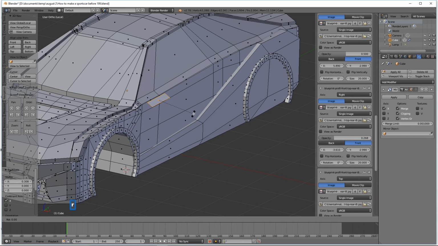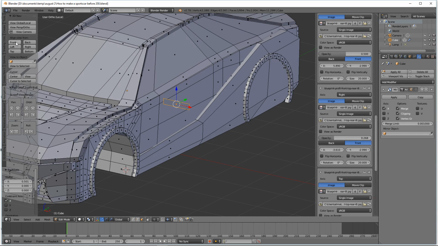I'm going to press R to rotate on the Y axis 90. Then left click to lock that in. I'm then going to press S to scale on the X axis 0. And then left click to lock that in. I'm now going to press R to rotate on the Z axis 90. And then left click to lock that in. I'm going to take the manipulator and pull this to the side some more like that. Okay, I did all that movement just to get this out to the side so we can make some mirrors